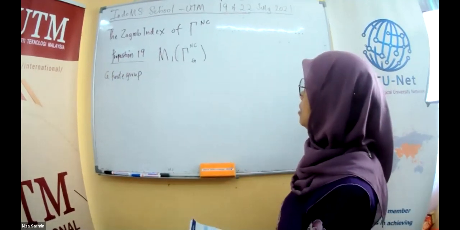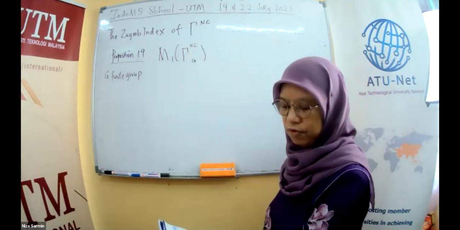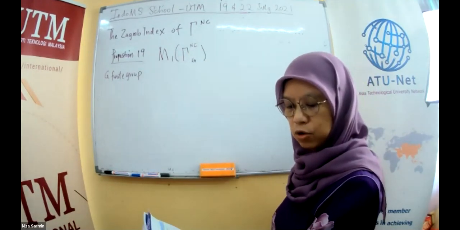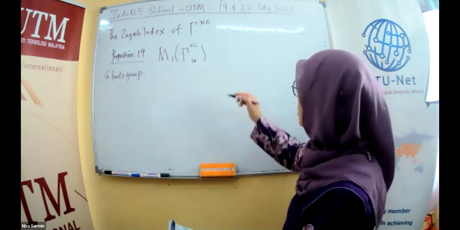The first Zagreb index of the non-commuting graph of any finite group G is equal to,